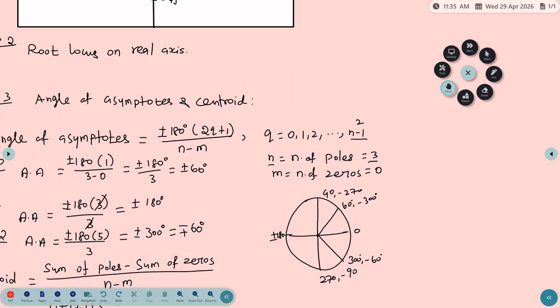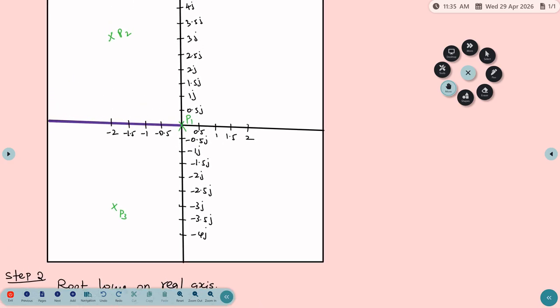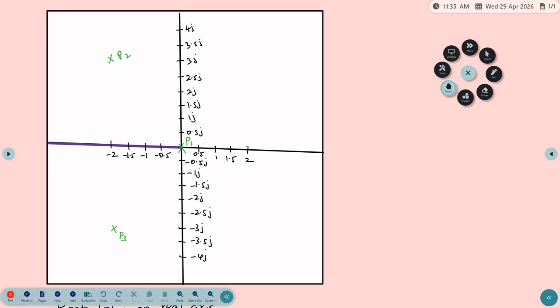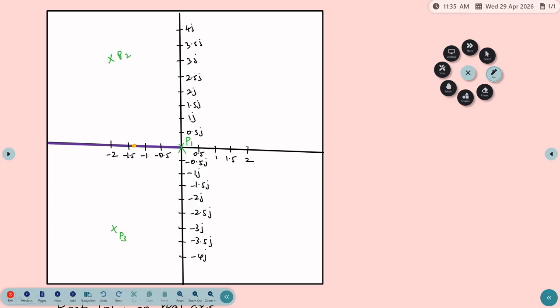In the locus, let us assume we will take this graph sheet again. Here we need to mark the angle of asymptotes and the centroid. First we should mark the centroid, right? So centroid is minus 1.33, we can calculate approximately, we will have centroid here. Then from the centroid we should mark plus or minus 180 degree as well as plus or minus 60 degree. For plus or minus 180 degree, there is no necessity to mark any point, since already we have